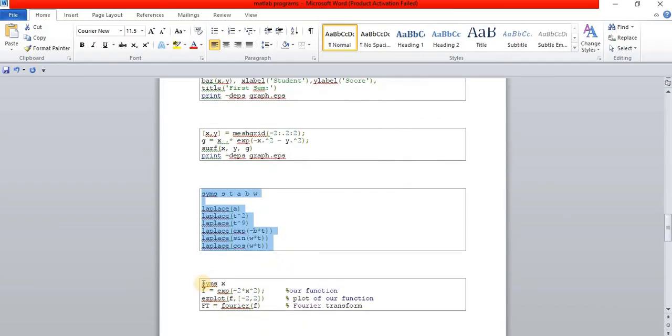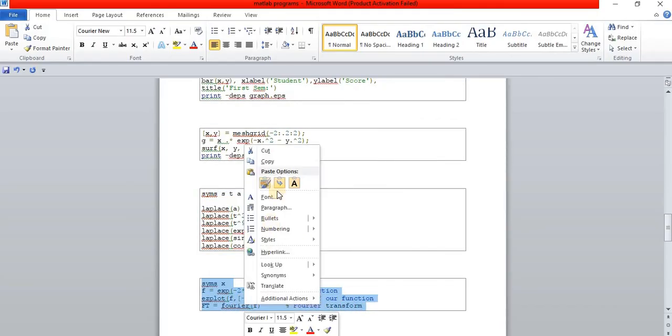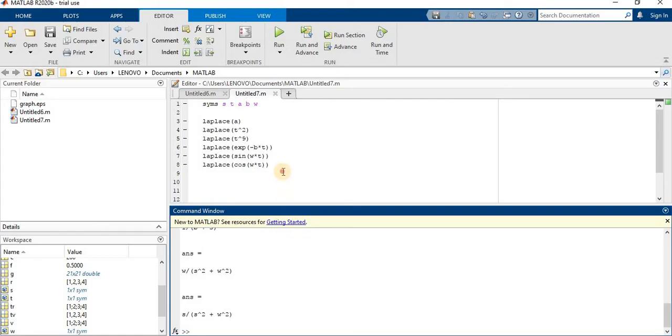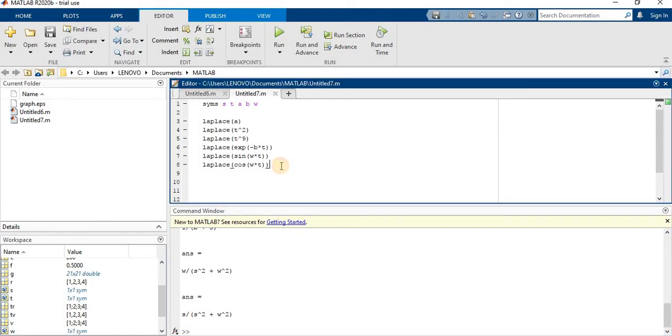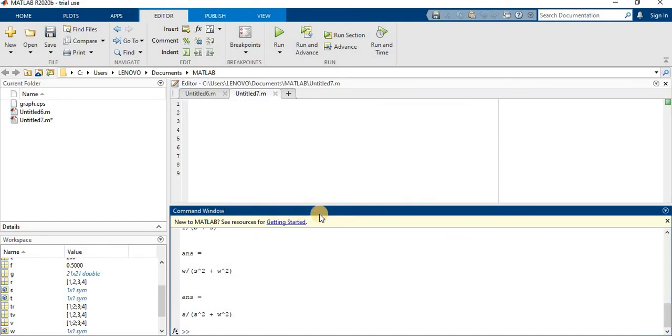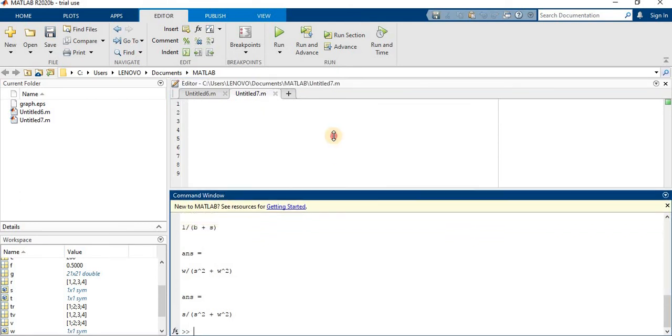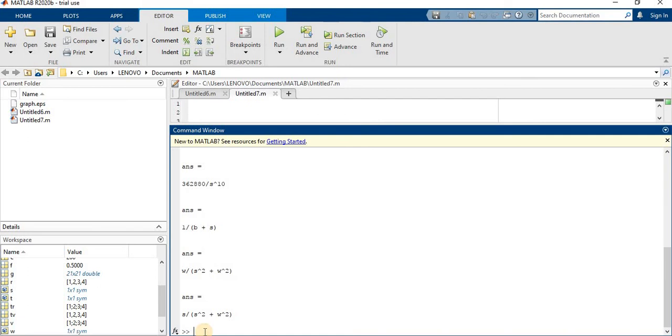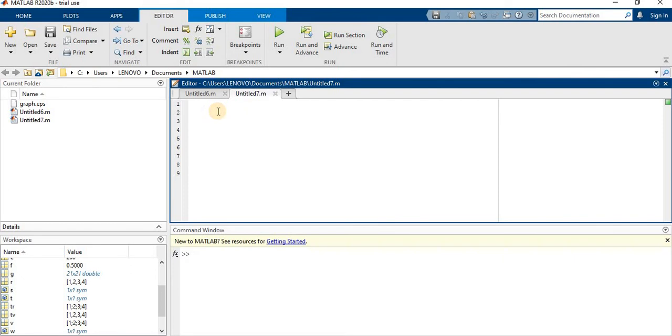Let me show you practically. Copy. I am just copying. I am just removing this previous program. In order to clear this whole command window, I am just giving the command clc and enter. See here, the command window command history will be erased. Okay, so I am just pasting, saving. After that, I click the run button.